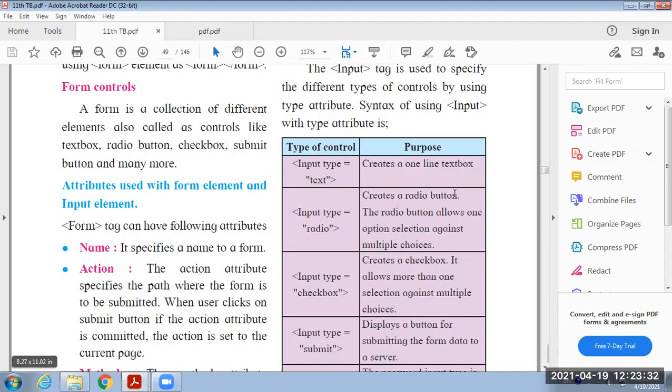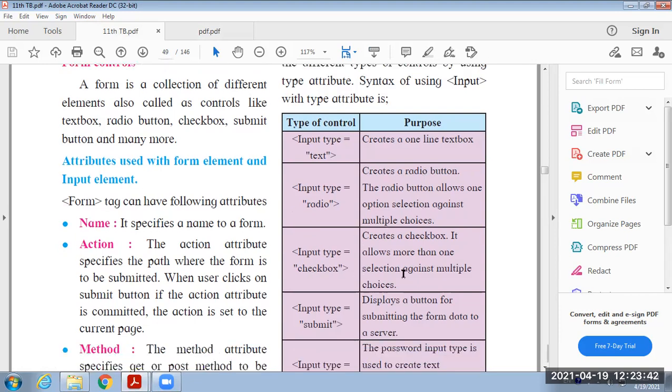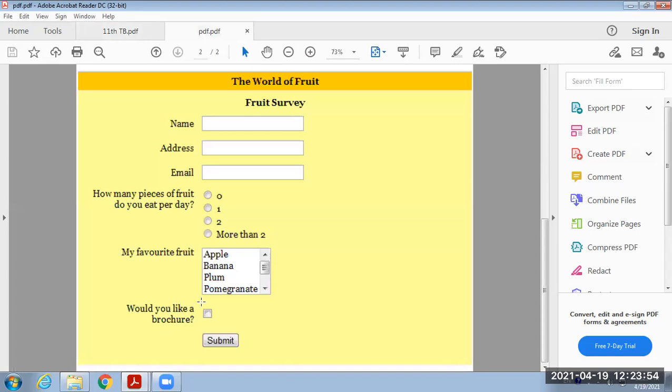Similarly, when we have to select the standard, gender, pass fail result, in that case also we have to use the radio buttons. The next one is the checkbox. Checkbox creates a multiple selection choices where we have to display various options.